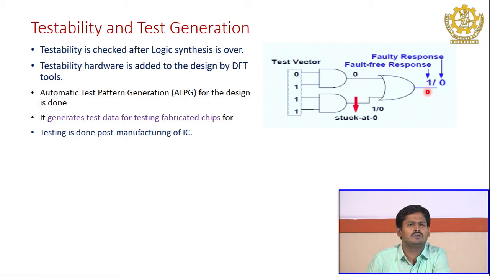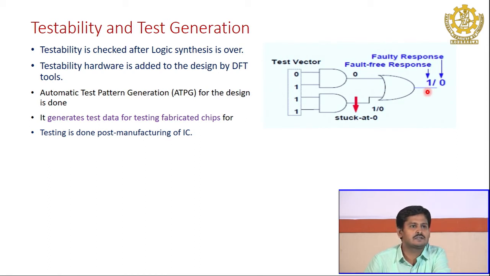Now what we have done: we have completed system level architectural specification, we have completed system level, we have completed behavioral level. After that we did the gate level. After gate level we know that we will go for transistor, then layout. Layout will go for physical design and fabrication.